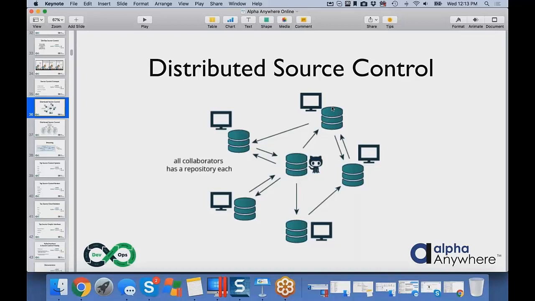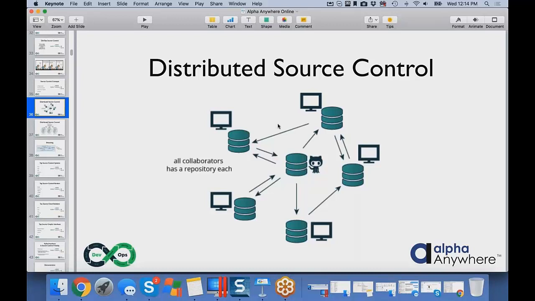So I can be off here making modifications, changing, doing what I need to do. Another person can be doing that at the same exact time, and then there's a method to check it into a central file repository where then everybody can get access to it. And this provides you the ability to quickly break down your solution, but still provide a huge amount of flexibility, meaning I can be just doing my stuff locally, and when I'm ready to go, I can check it in or push it into the central repository, and then this person out here, when they're ready, can pull that information down. And there are a lot of really important rules that are associated with that to make sure that people have the most common updates and the other pieces there, and that's where some of the complexity comes in.